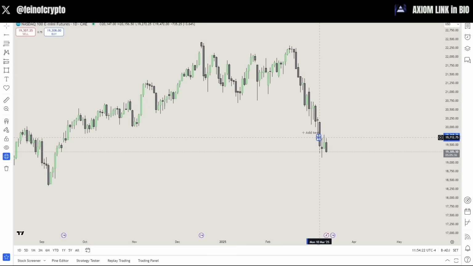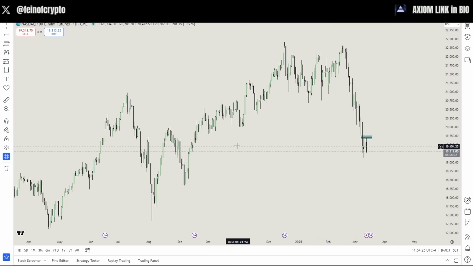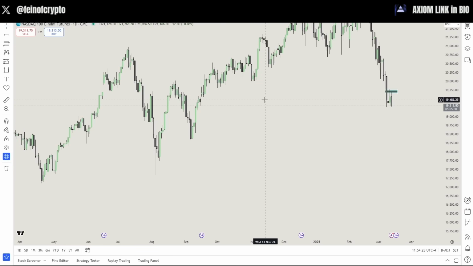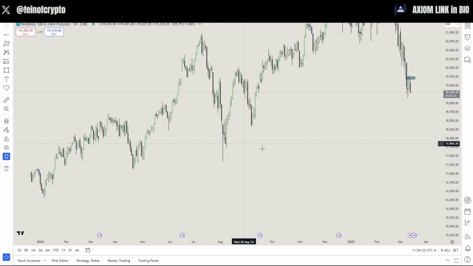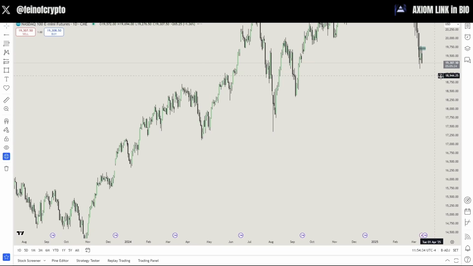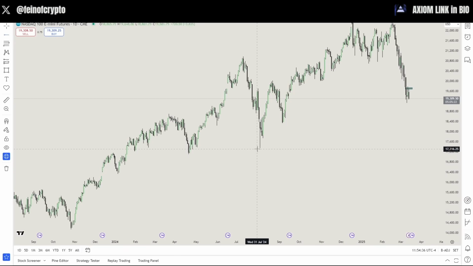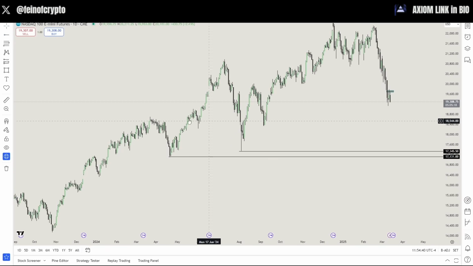Look, that fair value gap right there. Took it, right? Rejected. We have this liquidity they took. They took this liquidity. They're in this fair value gap now, right? This gap, this fair value gap. So maybe they're going to target these lows right here. You don't know. Maybe the market makers on NASDAQ, the CME exchange, Chicago Mercantile Exchange, is going to target this